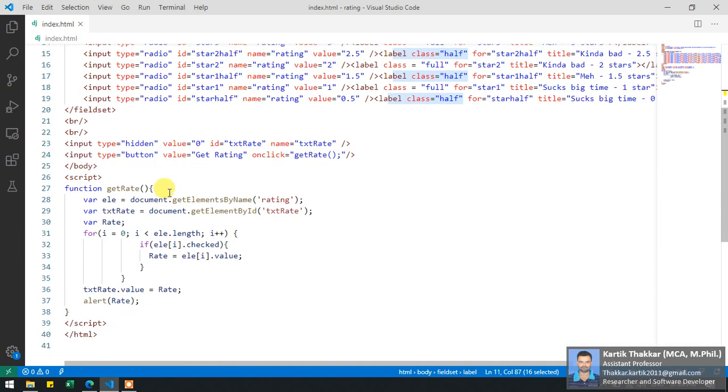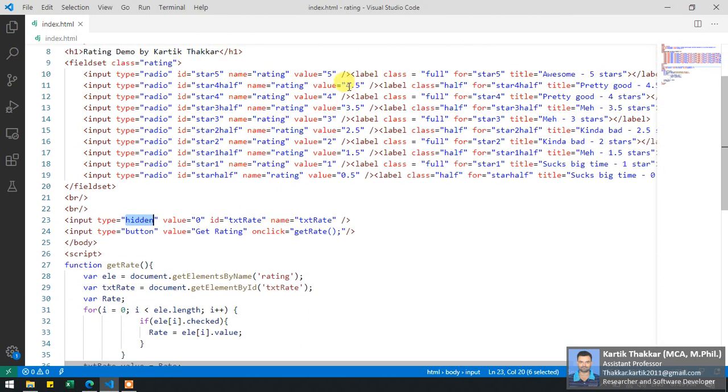Okay, then I am using one input control, which is a hidden control, to set the value that is given by the user. Okay, so I am going to set the value of this hidden type input, so that you can use that thing to store into a database or to display on some other page. Okay, and I am also using one button to get the rating that is given by the user.